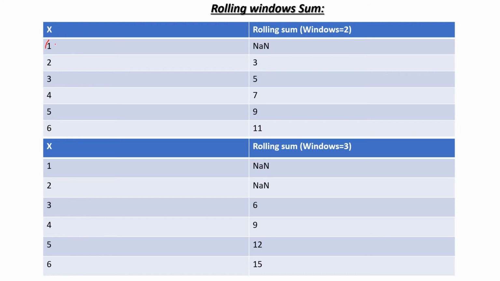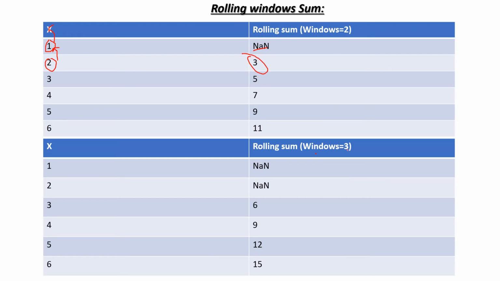One is this one, right? But where is the other one? We don't have any element before this one, so that's why we got the NaN, right? In this element we have one more element before, that's why we are getting this 3. 2 plus 1 equals 3. Okay, hope this will make sense, guys.